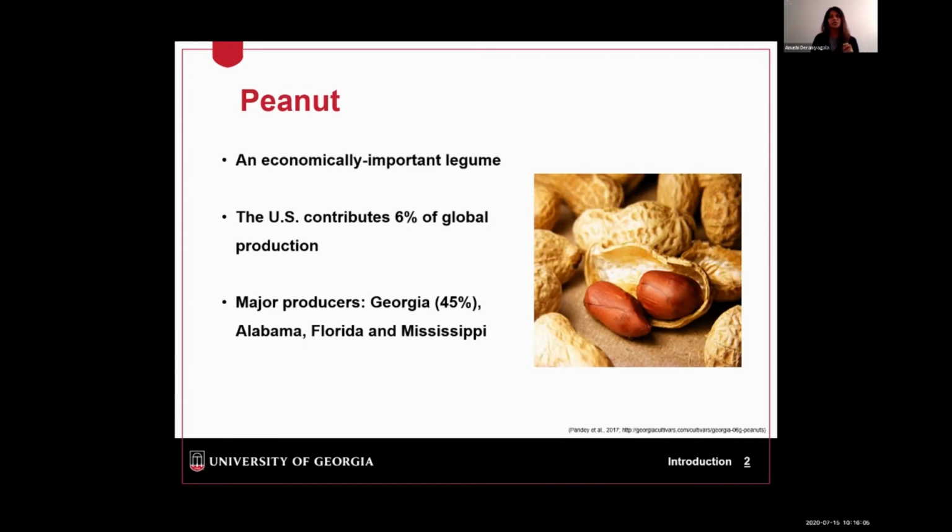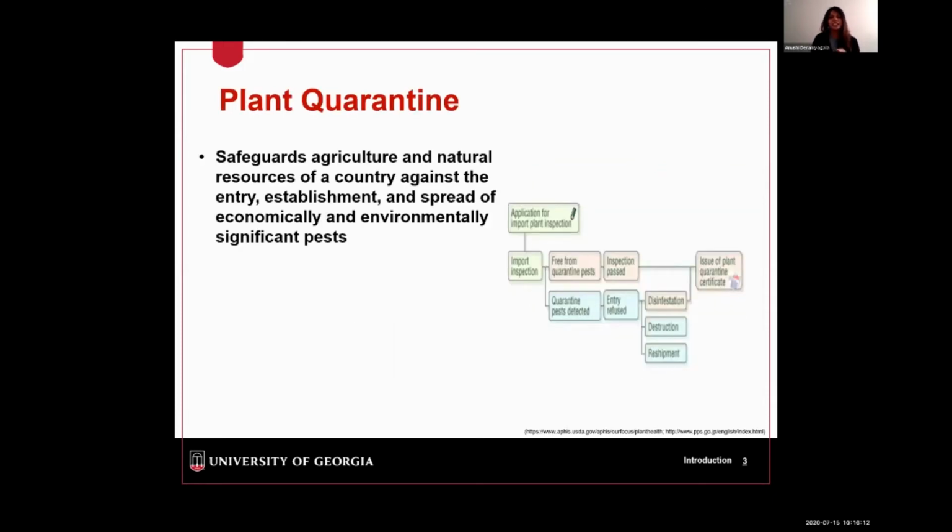Since I work on quarantine pathogens, I would like to introduce the process called plant quarantine. This ensures disease and pest-free plants. Usually, the plant is isolated and then tests are carried out to detect the presence of a pest or a pathogen. The importance of this process is that it protects the balance of the natural ecosystem present in a country while facilitating the safe international